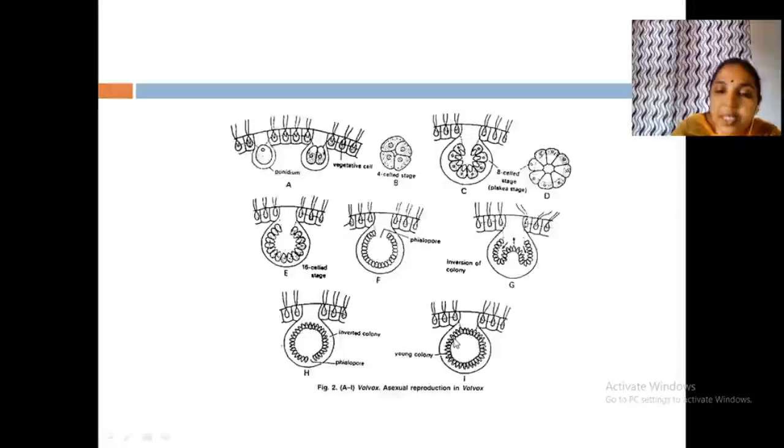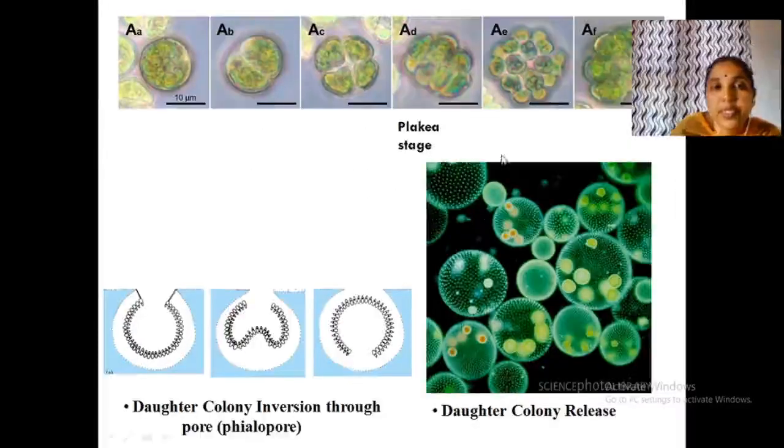Now what develops is, in these new cells, each cell forms the eye spot, pyrenoids and everything. Now it is known as a daughter colony. Understood? Okay. Now see one more type of diagram. First division, second 4, then 8, Plakea stage. See, this is the condition. First forming, then invagination. The anterior pointed end is inside, this is coming outside. Invagination takes place, inversion or invagination, and the opening is the phialopore, then the opening closes.